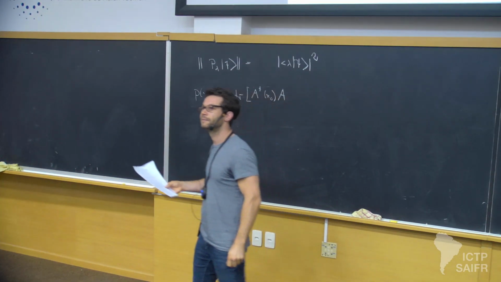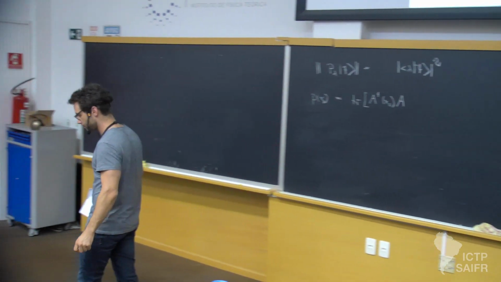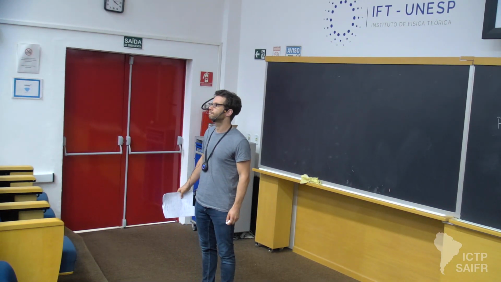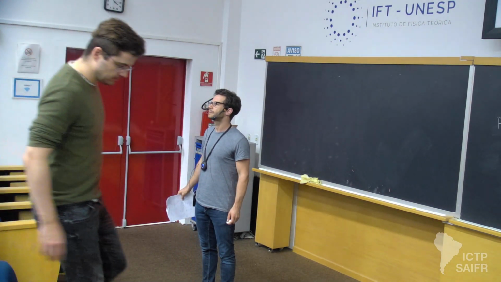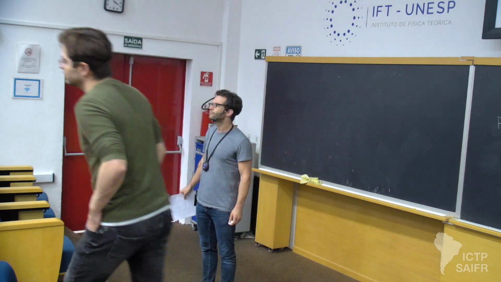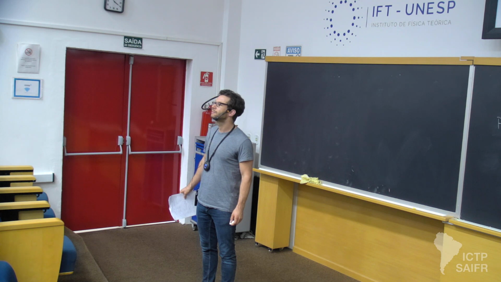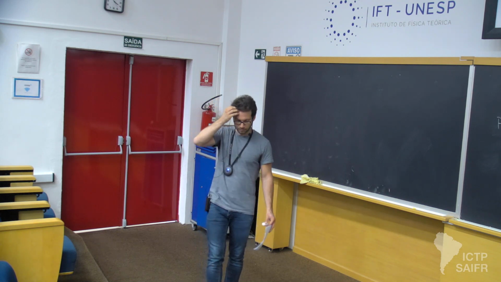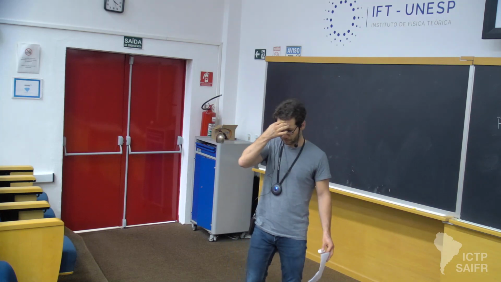Great. One question. Here you are softening the projective measurements, using a representation of the delta function. But since there are multiple representations of the delta function, do you expect the same results? Do you choose this one simply because it's easier for doing calculations, or do you expect that a different representation leads to different results?